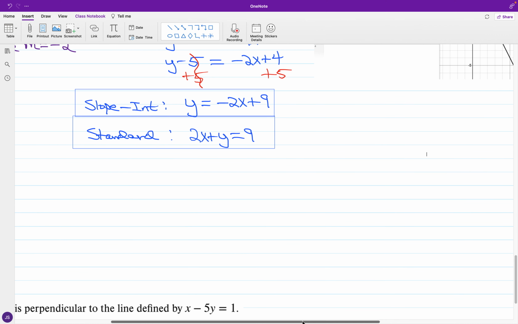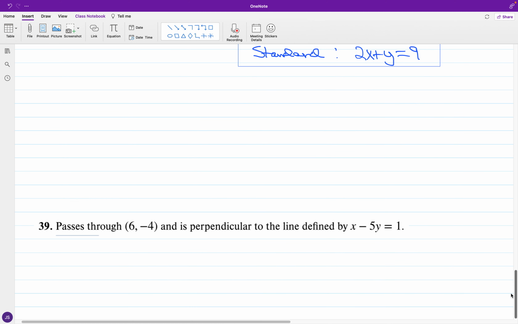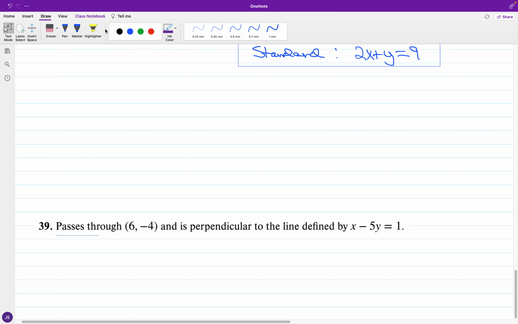All right. Now, in the case of number 39, okay, where 37 was looking for the parallel line, 39, okay, we're looking at the perpendicular line. And for 39, okay, we have looking for the line that passes through (6, -4), and is going to run perpendicular to the line that is defined by x minus 5y is equal to 1. And so for what we have for the given line,